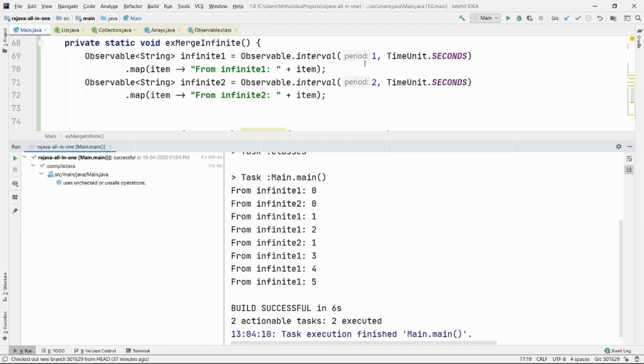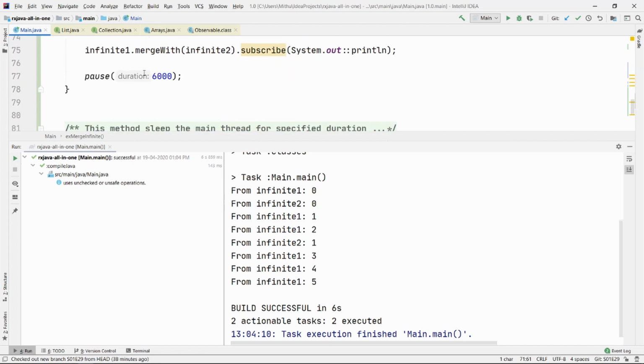As I have already told you, infinite 1 here gives you 0 to infinity every 1 second, and infinite 2 gives you 0 to infinity every 2 seconds, right? But our thread is only active for 6,000 milliseconds, which is basically 6 seconds.